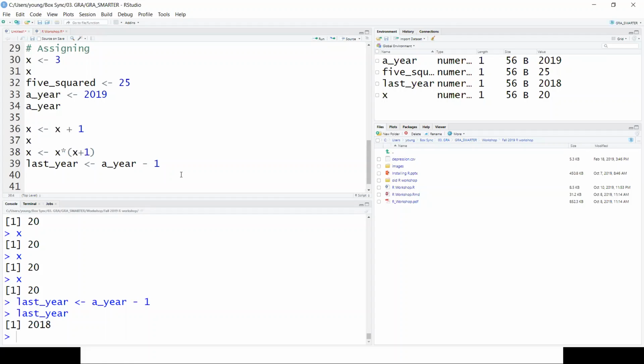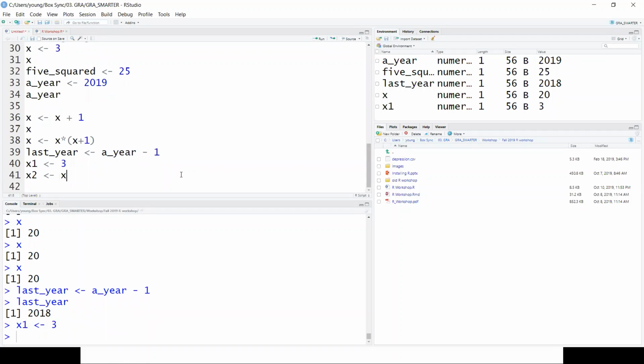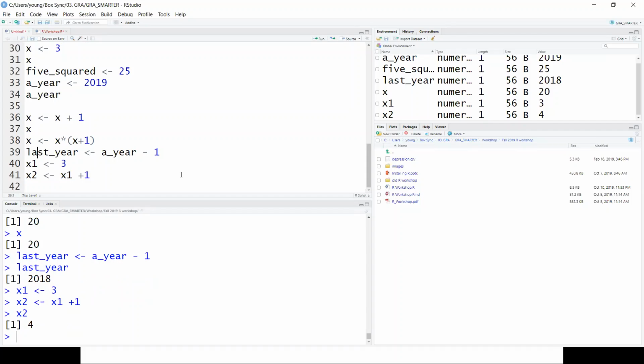Oh, so it remembers the last one. Yeah, it remembers the last one. If you want to keep the 3 or 4, you can just change the name. For example, if you put this x1 as a 3, and then x2 as x1 plus 1, that'll remember everything that you assign.